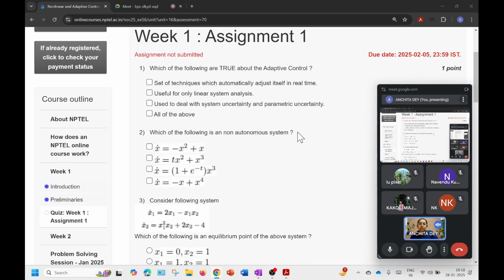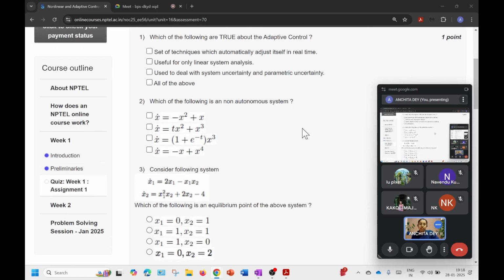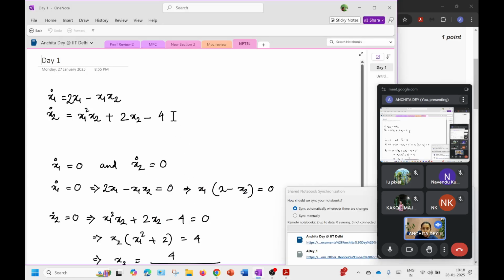So now if we move on to the next question. Let me just open it here. Which of the following is a non-autonomous system? And we have discussed this briefly here,